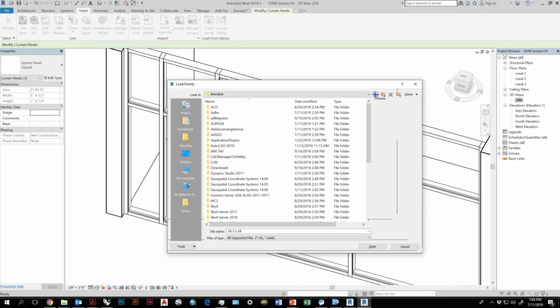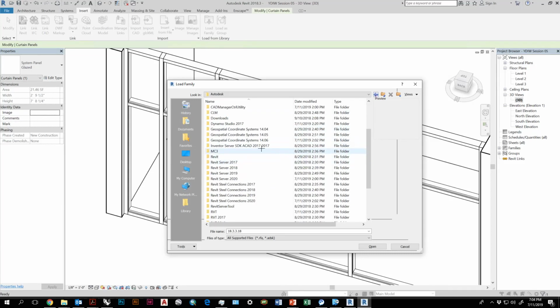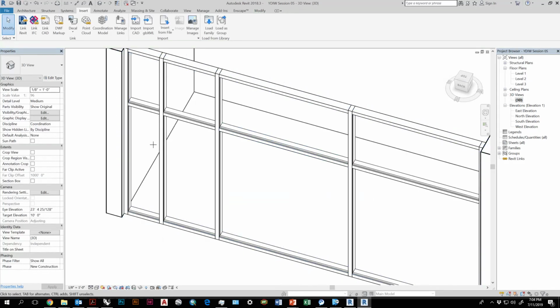Yeah, families. This is the actual location where it should be. It should be right here. So we'll move on from that.